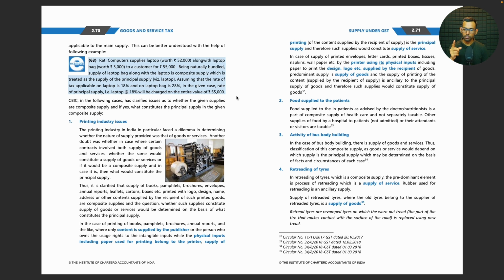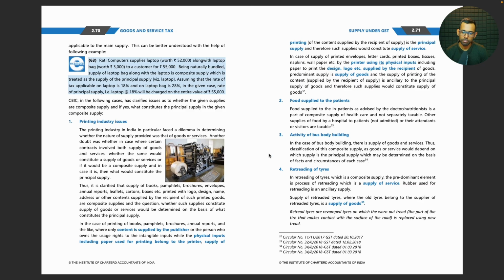However, let's say I have my own old tires because I am a mechanic. I belong to this tire industry, so I will have lots of old tires. If I take those old tires and retread them by myself and keep them like a saleable package of goods, and then you come to me directly and you discard the old tire and buy the new tire afresh, or let's say you don't have any old tire also, you just buy the retreaded tires from me as goods. So in that case, that will be supply of goods.